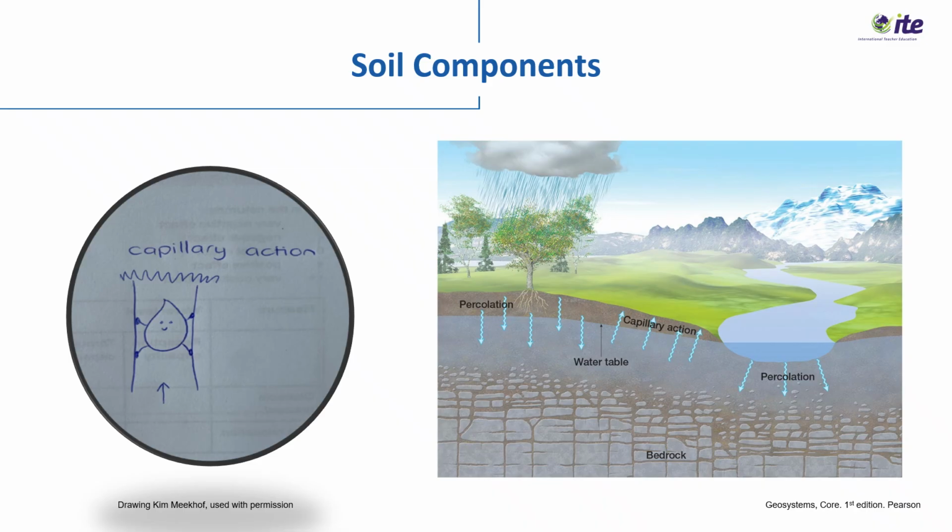Not all water in soil moves downward. Some of it moves upward or sideways against gravity through tiny spaces between soil particles. This movement is called capillary action. Capillary water is crucial for plant survival, especially between rainfall events. It keeps the root zone moist, supports nutrient absorption, and maintains soil microbial activity. In short, capillary action is nature's way of distributing water within the soil, ensuring plants can access moisture even when